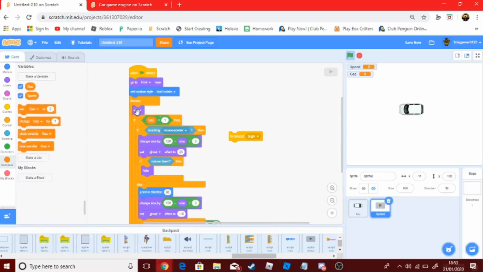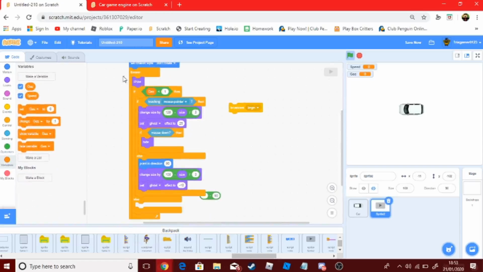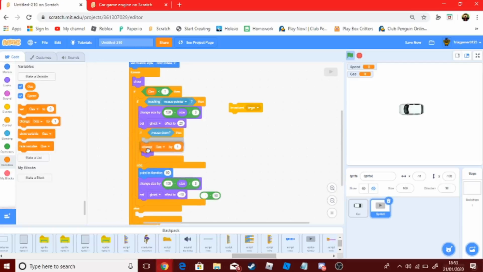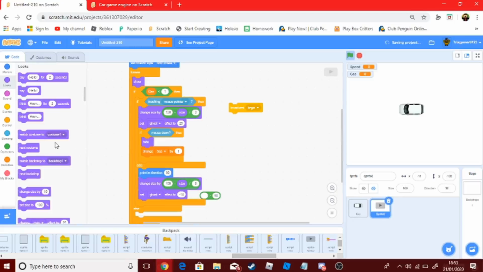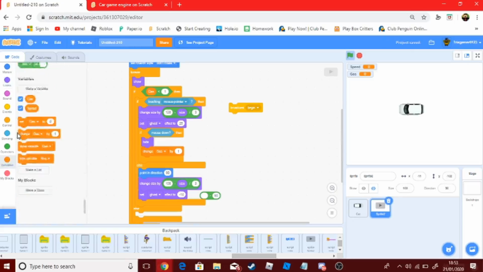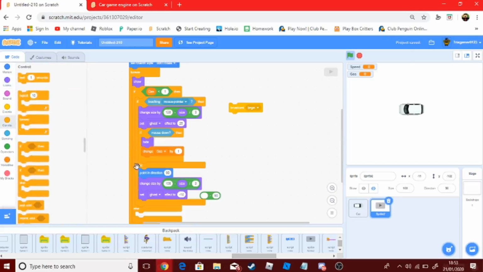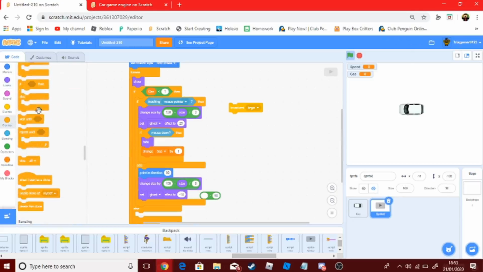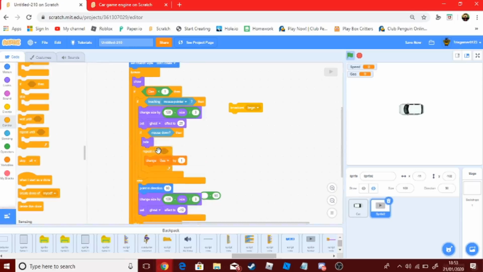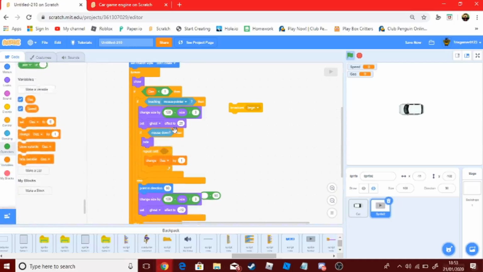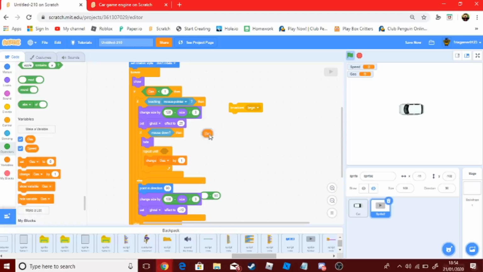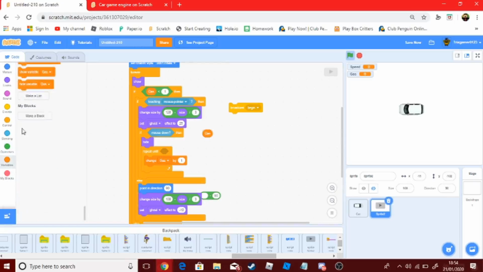We want to put show over here. And what we want to do is put hide over here for when the mouse is down. Change gas by 1, and what we want to do with this is get a repeat until block, put it here with the change gas by 1, repeat until gas equals 100, which means when you recharge the gas,